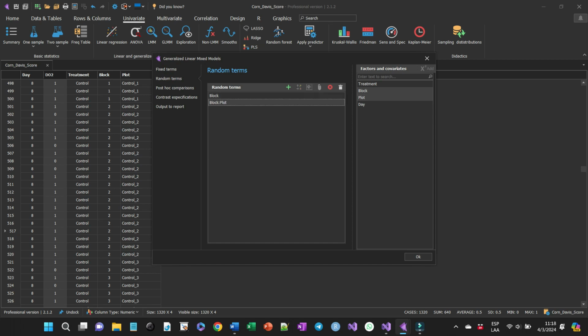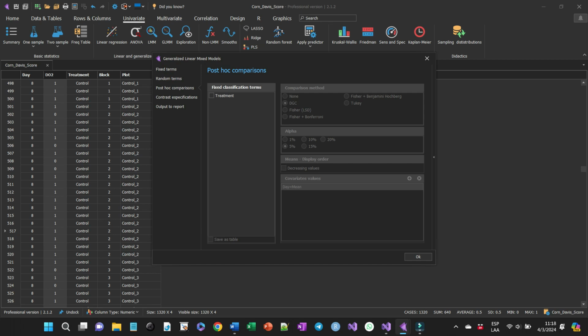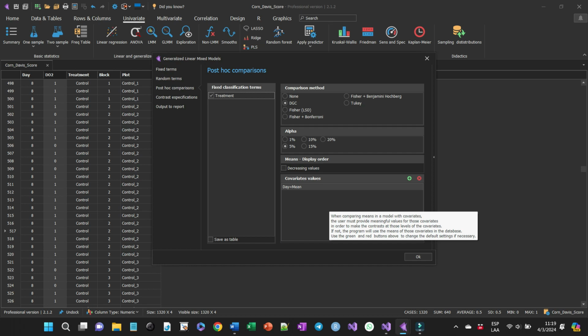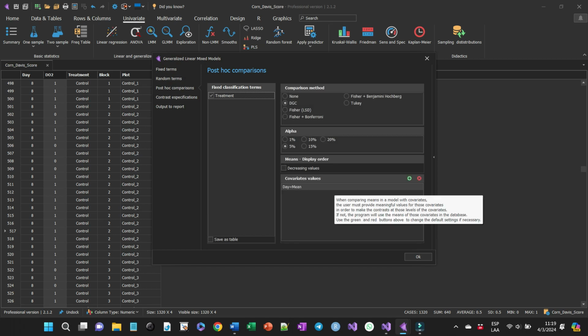Since there are two main terms in the fixed part of the model, one related to a factor, treatment, and the other to a covariate, day, the question arises as to which of these terms we will focus our attention on to generate the output. If we focus on the treatment, we will use the post hoc means comparisons method. However, the means comparisons are not independent of the covariate because an interaction term has already been included. Therefore, comparisons must be made for multiple levels of the covariate. This is not an inconvenience for Navure because it is easy to specify those comparisons for different levels of the